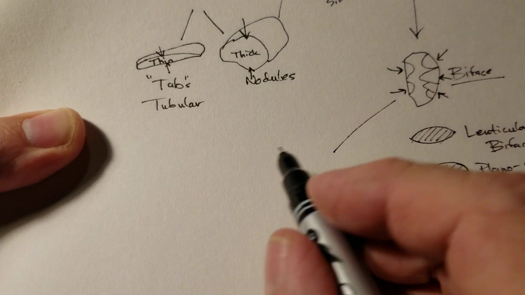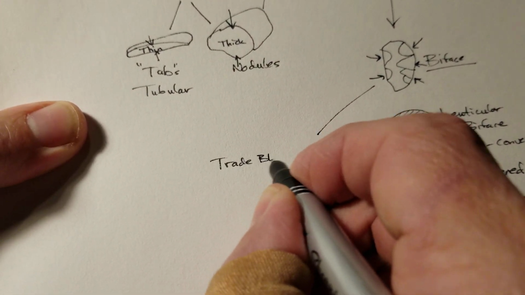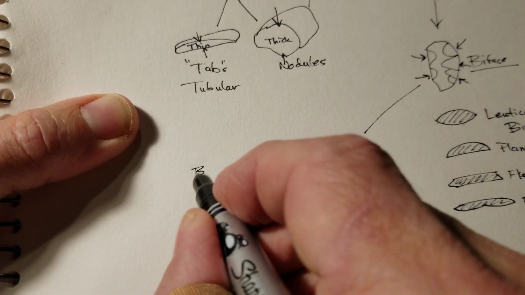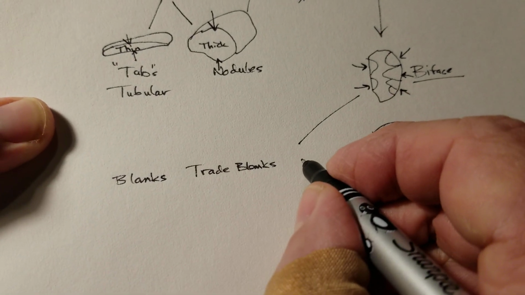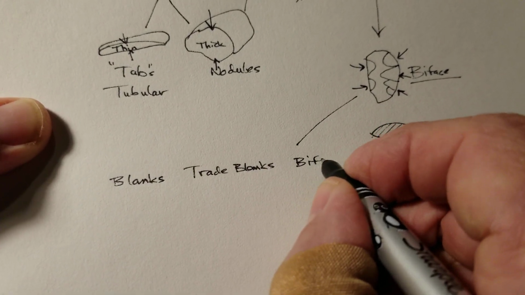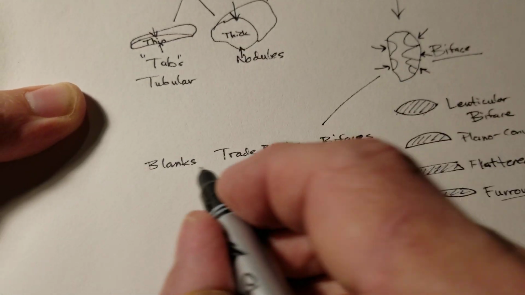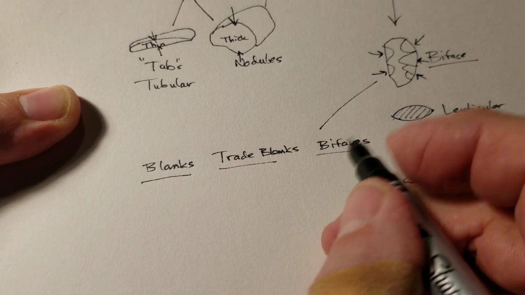Okay, so from here, the bifaces can be categorized in different ways. Okay, the bifaces can be called trade blanks, or just plain old blanks, or just plain old bifaces. All right, what's the difference between these? Physically,